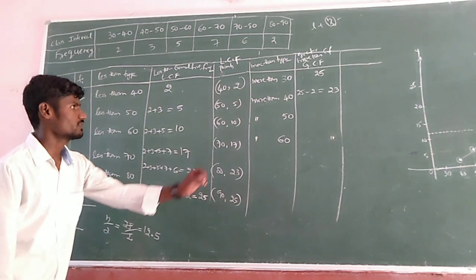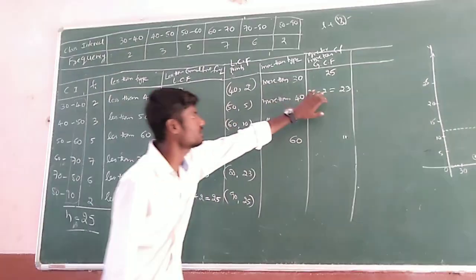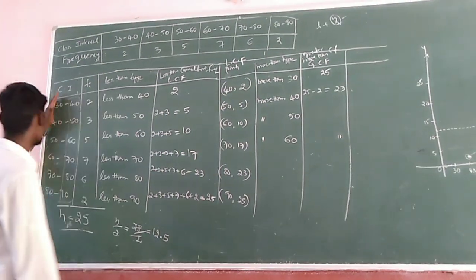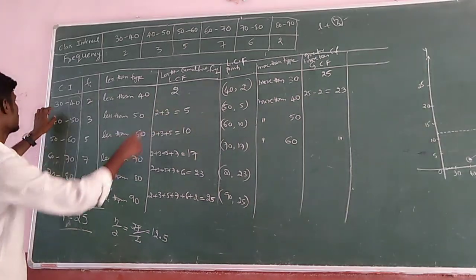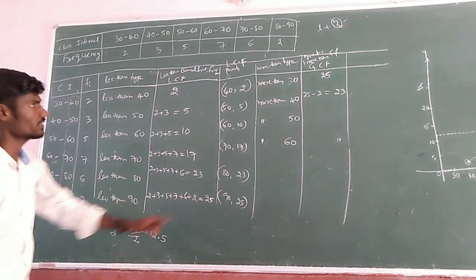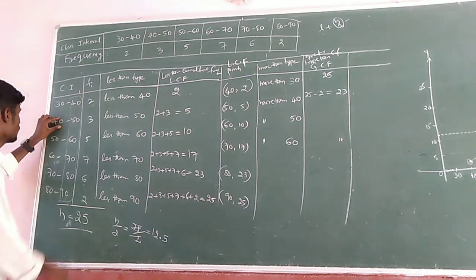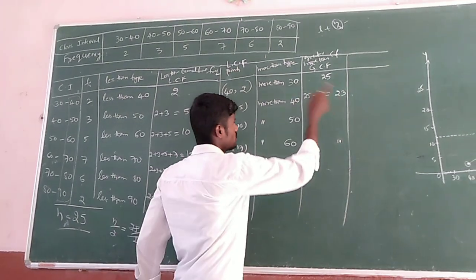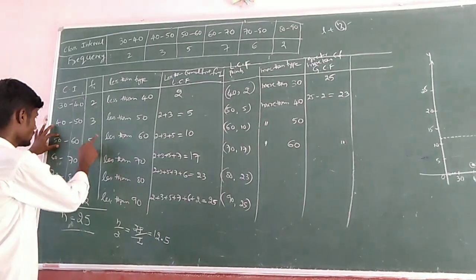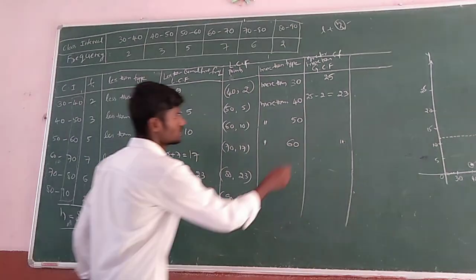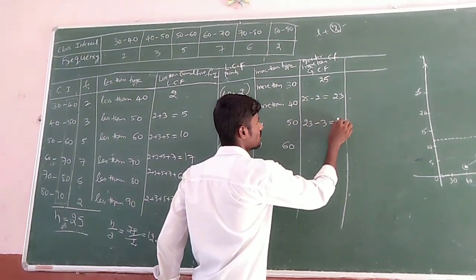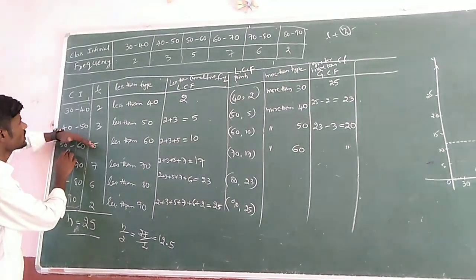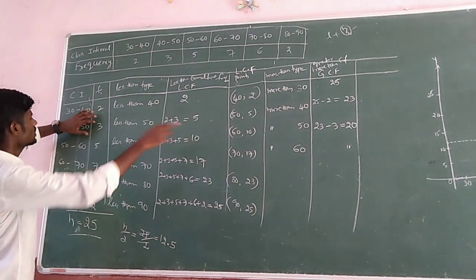See students here, don't get confused. Once again I am telling from this one. Totally 25 you are getting. More than means, I am saying, you only need to consider lower boundaries. More than 30 means these are all repeated, so you will get 25. Next, more than 40 means only these will be considered, so these two will be subtracted. That's why 25 minus 2, 23. Next, more than 50 means only these, so the above 3 will be subtracted. So 23 minus 3, what will you get? 20. You may think that more than 50 means these, but 2 were already subtracted. That's why we are subtracting only 3.